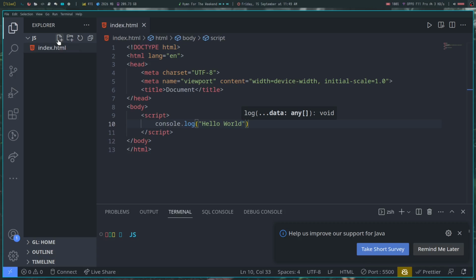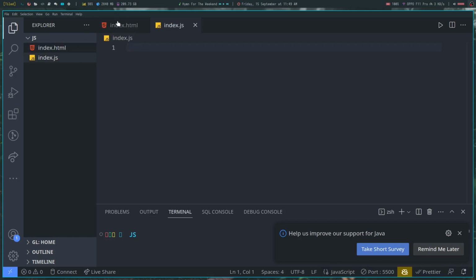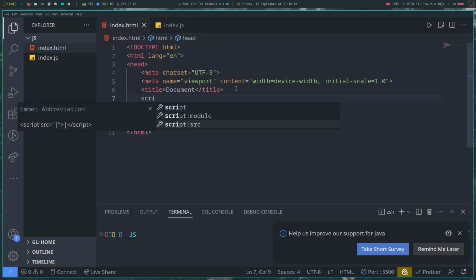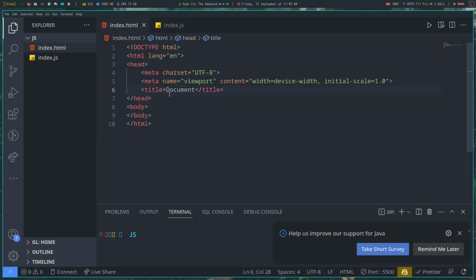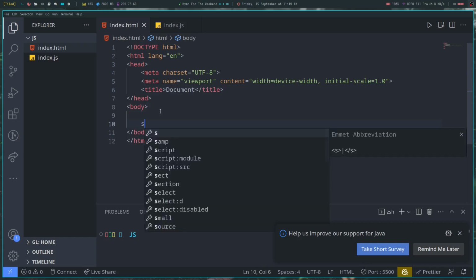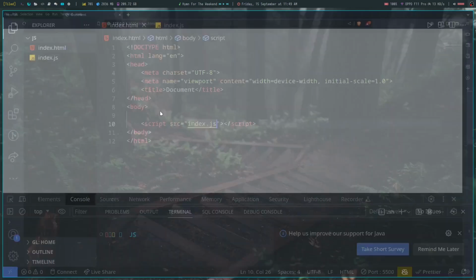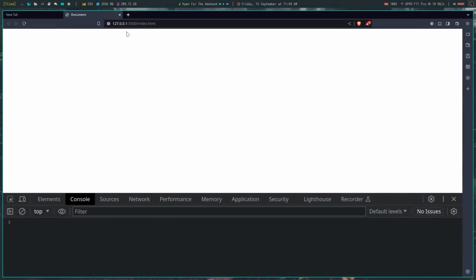Now first of all, we'll make a file, index.js. Yes, the file extension is JS. Now we'll remove the script, and in the header tag, or you can even do it in the body tag, script. Actually, I'd rather do it in the body tag because it's a more conventional method. Let's go script src index.js, or whatever file name you define. Now if we reload the website,